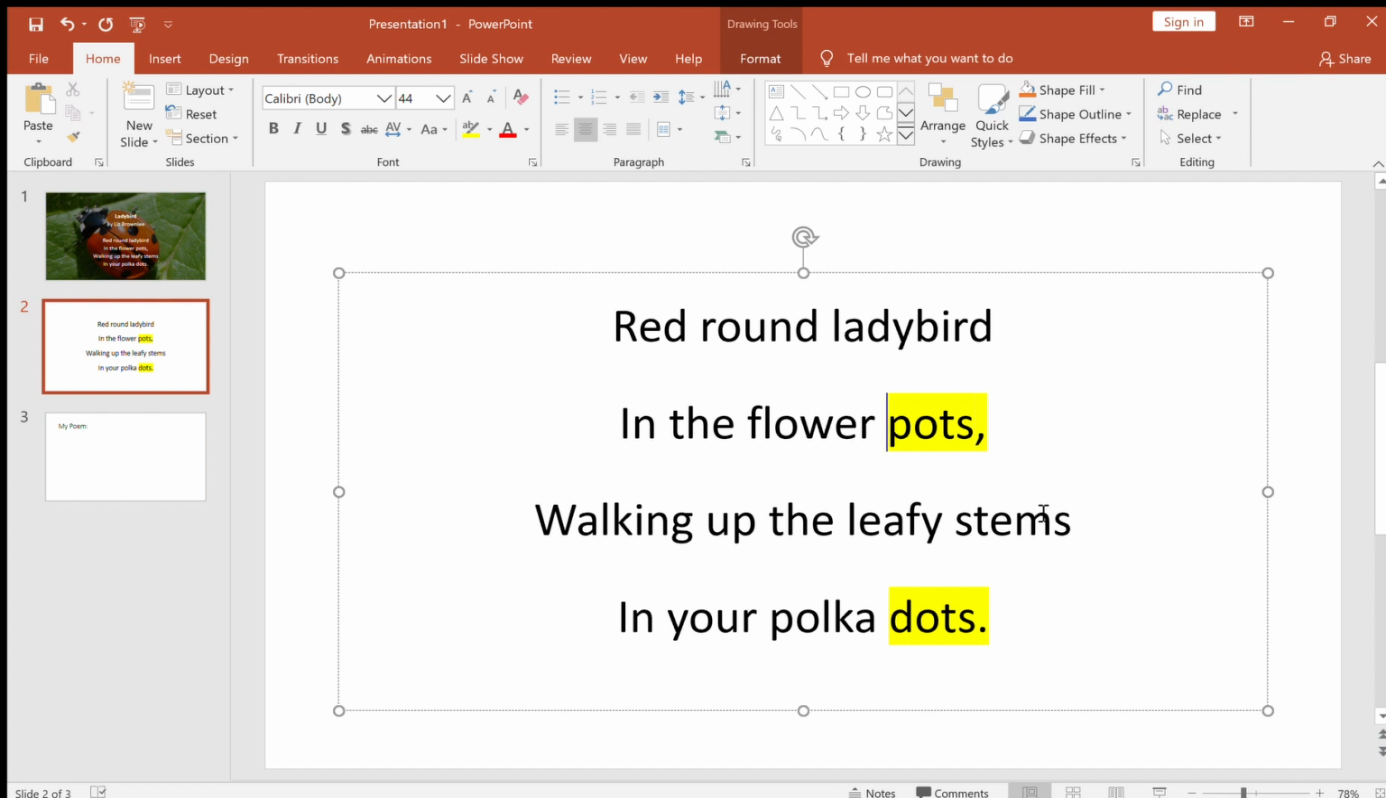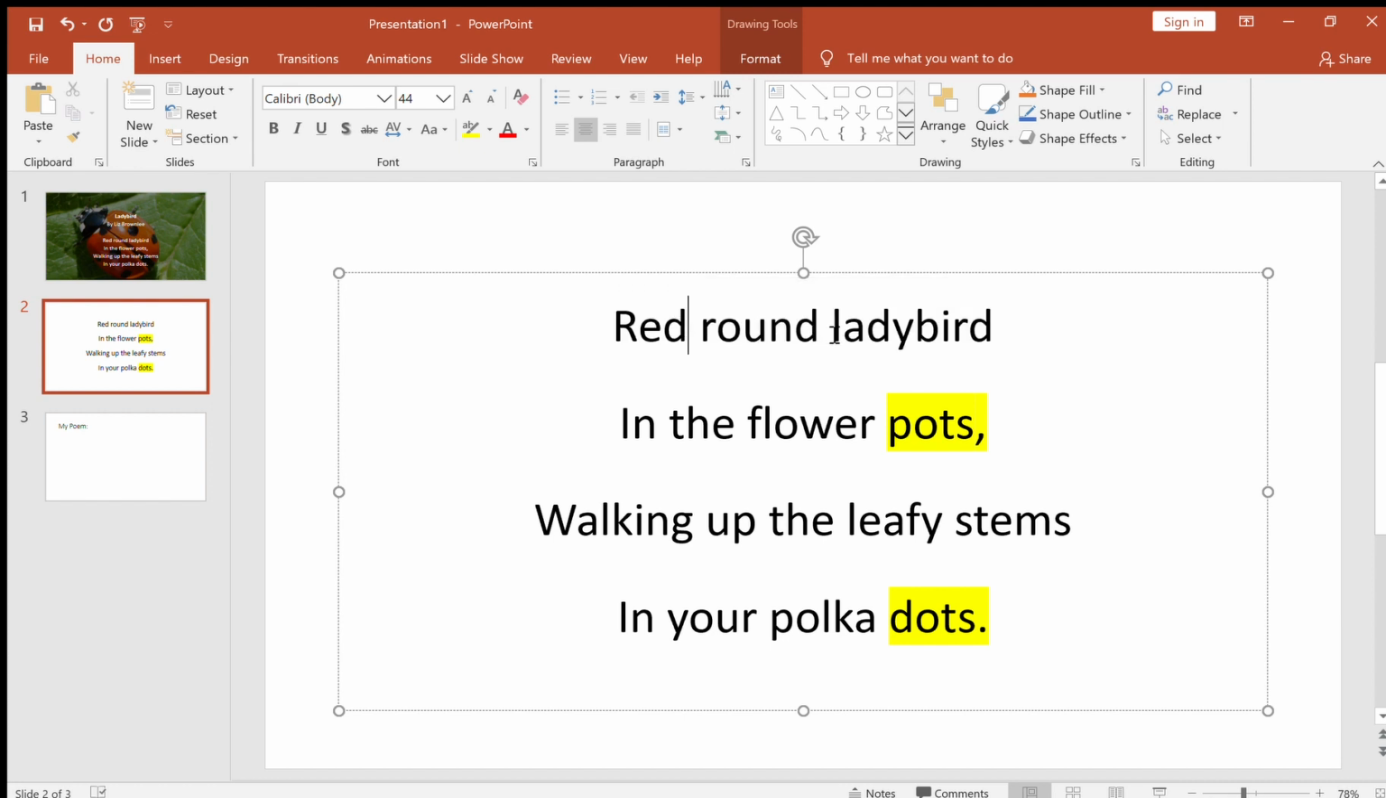Okay, I'm going to start changing this poem to make it my own now. So my first thing I'm going to do is think of what mini beast I want. I'm going to choose a worm. That's what my rhyming poem is going to be about. So instead of saying red round ladybird,